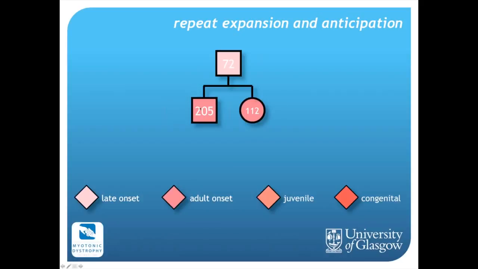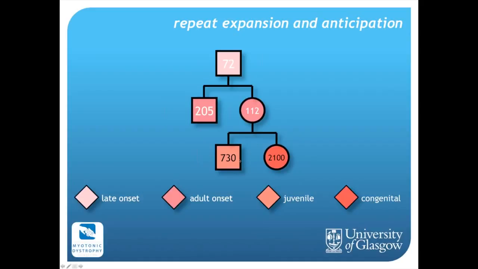So here it was 72, his children have inherited different numbers of repeats, but not only are they different from each other, different from what was present in the father, they nearly always increase in number. And because the number of repeats is increased, their severity is greater and their age of onset is earlier. Again, that happens again in the next generation, such that in the next generation we now have many